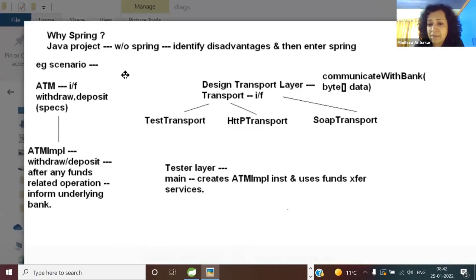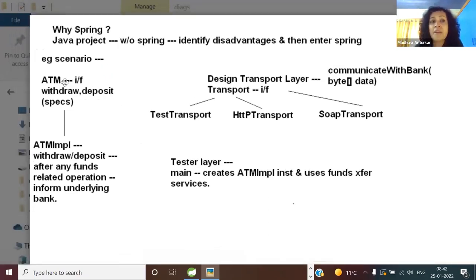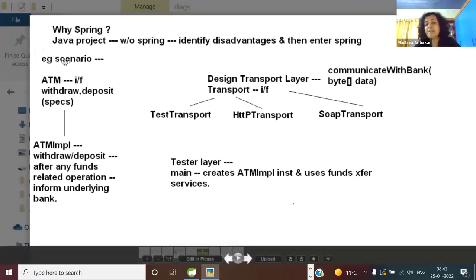So what is the idea? We will create a project. Of course, when I say without Spring, we will not add the actual Spring container, the XML configuration and all that. We will identify the disadvantage and then we will enter Spring. Okay, so the reference scenario, this is the typical scenario I take for beginners. So think of a simple ATM machine, a simple ATM scenario.